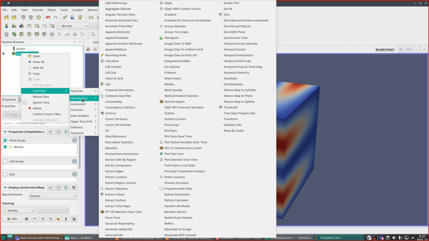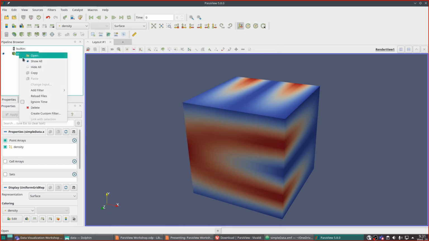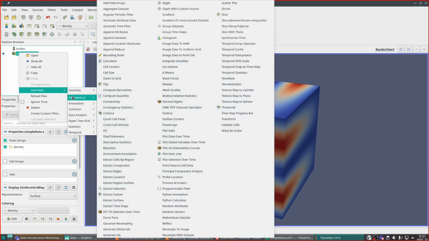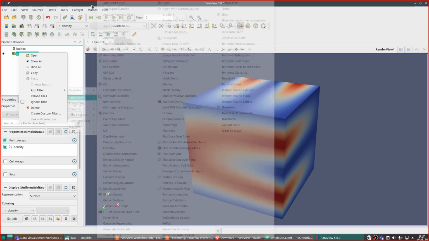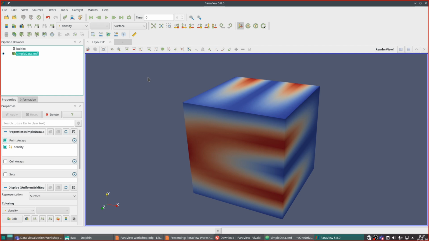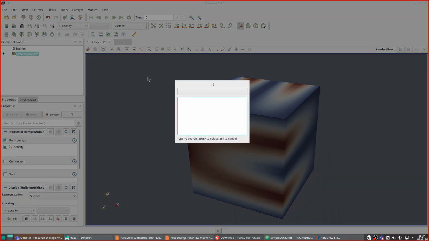And then you notice that the alphabetical list is a lot smaller now. That's because now it's only showing you the ones that are applicable to this data. So this is actually one of my favorites. Right clicking, add filter, alphabetical, and it will only show me what applies. So that's nice. Then another one is if you hold Control and you press space, you get this thing,